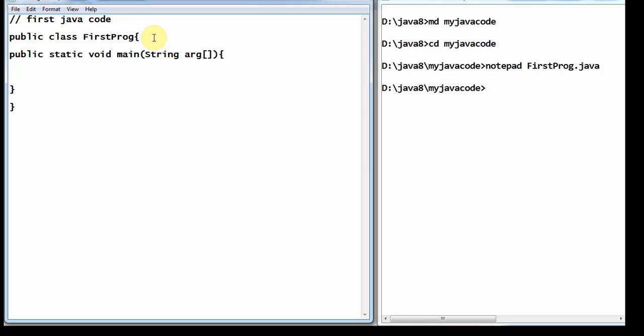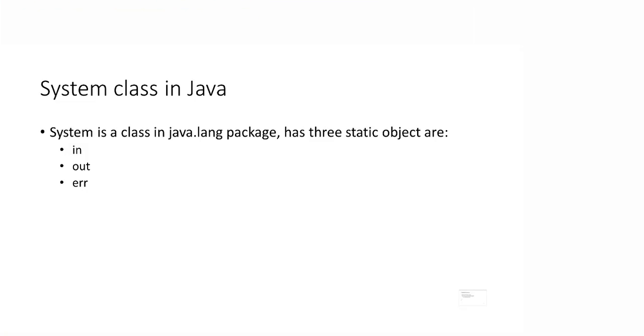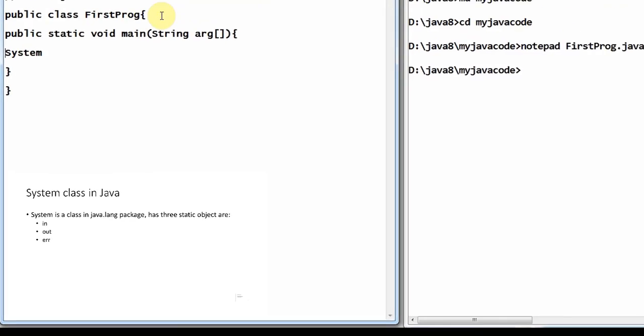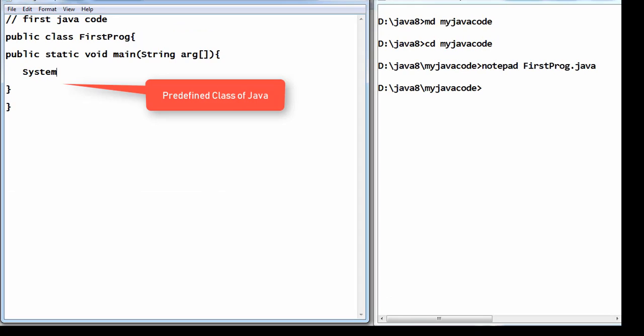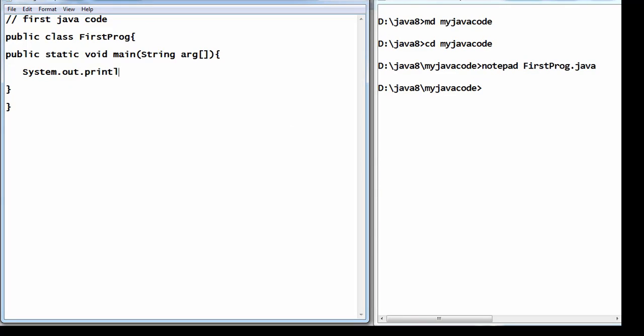To derive output, we will be using the class System having the static property out and the method print or println. I'll write the message, welcome to Java coding.